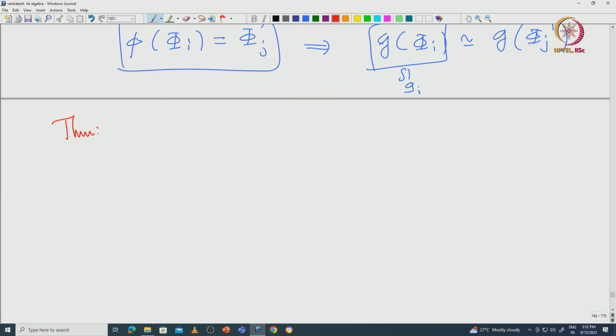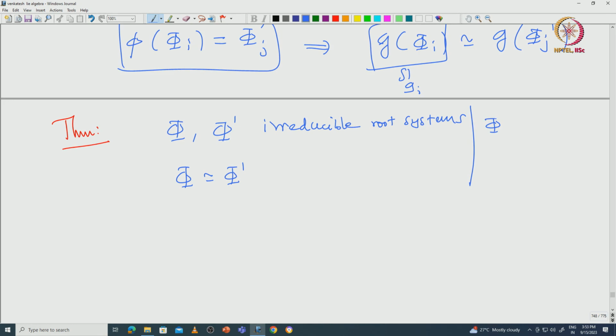So, indeed what we need to prove, again I make it a theorem, is that if you start with two irreducible root systems, phi and phi dash, and assume that phi is isomorphic to phi dash, and phi is coming from the pair G, H, and phi dash is coming from the pair G dash, H dash,